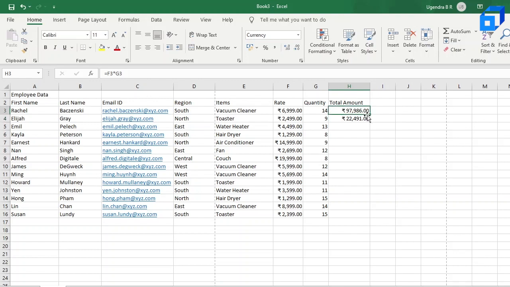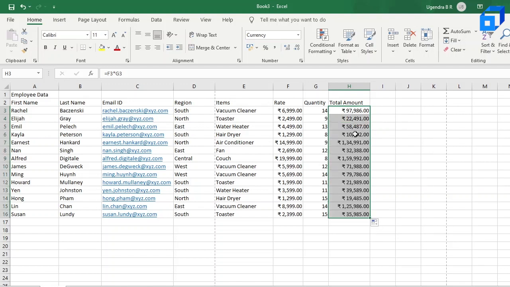So which is basically nothing but select these two columns or the cells, and now you can see that the plus icon or the cursor turns to a thin plus icon. So when you double click or when you drag that until the end, you can see that it automatically fills up with the product values. So that is how you can use the fill handle function to copy the formulas and get the values automatically in the next rows. So yeah, this is the dataset that we'll be working on now.